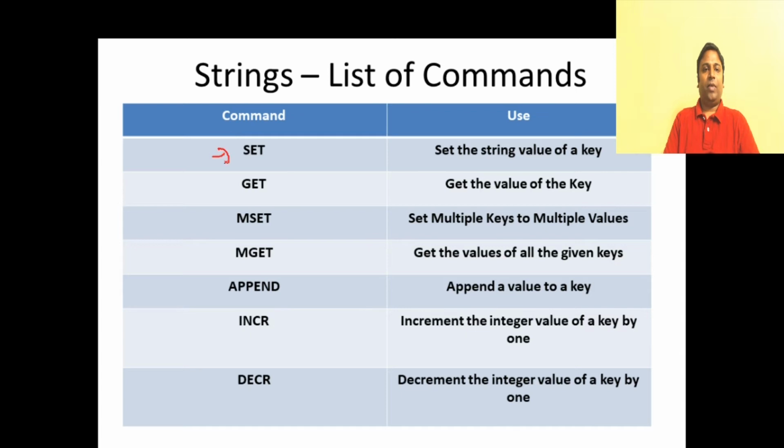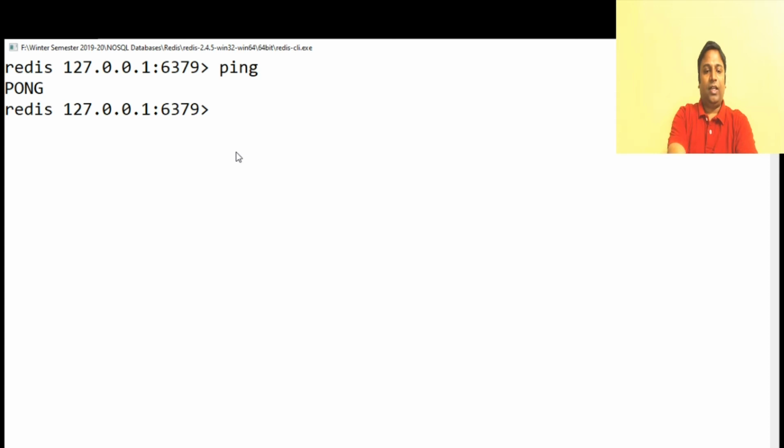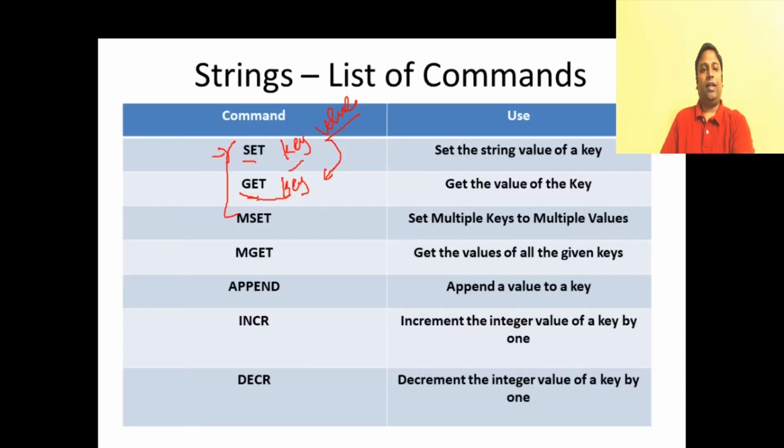The set command is used for setting a key and a value. So you can set a key with a value using this command. Get can be used with the key, so that when you say get key, it's going to fetch that particular value and return it to you. So let me just go to my client here. Let me take an example. Say set, the key is name, and then the value is Satish. So I'm saying the key is name, value is Satish. So it has been set. How to get? I just say get key. So now when I say get name, I'm able to get that particular value out. So that is the use of set and get.